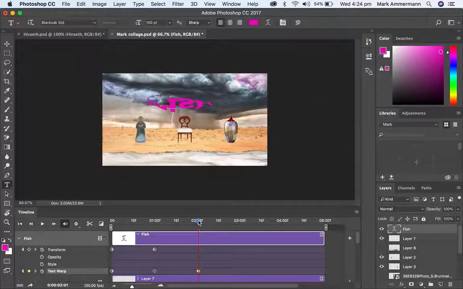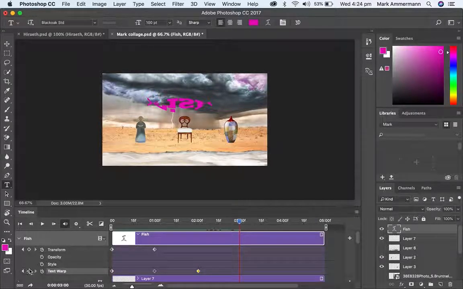So now if I move the time back, you can see how the fish starts off at the very beginning, and as we go through time, the computer calculates all the movement that has to occur between the beginning and the first keyframe, and it does what's called tweening. It calculates each point in between to get us from our first image to our last image. And again, it's doing the same thing to our next tween. So I'm going to go along now to 3 seconds,